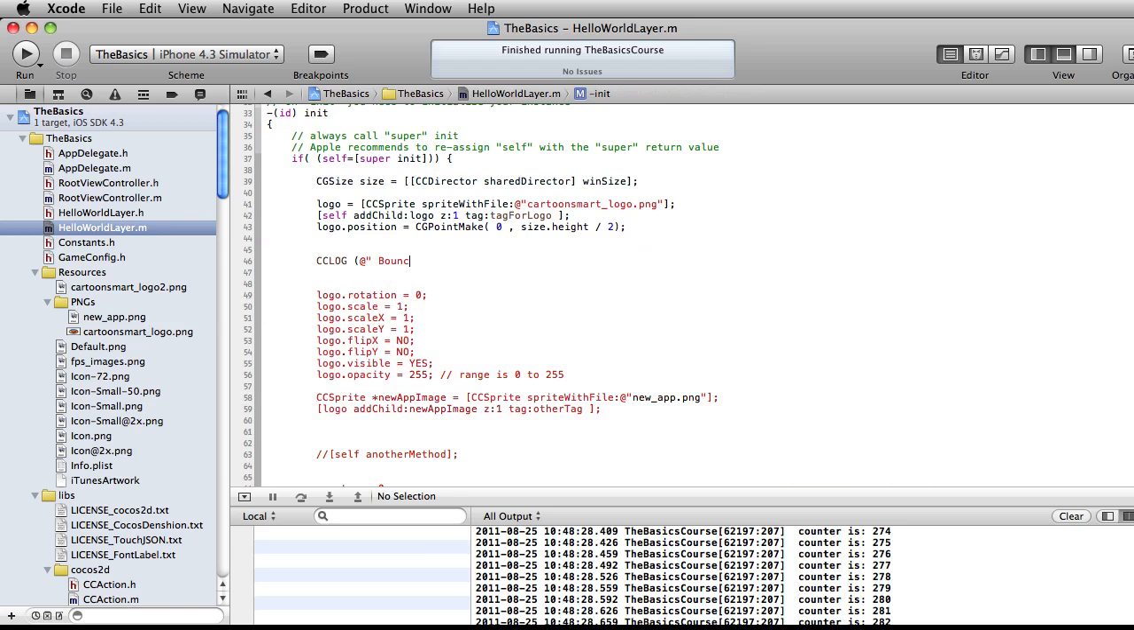We can put "bounding box size of image is", and let's do width. I'll make that a float. Float or int would be fine there, so either %f or %i, I believe. And then height. By the way, if you're running these CCLog statements and you don't have a space here, it's actually not going to cause you any problems. You don't have to have a space. Okay. And then,